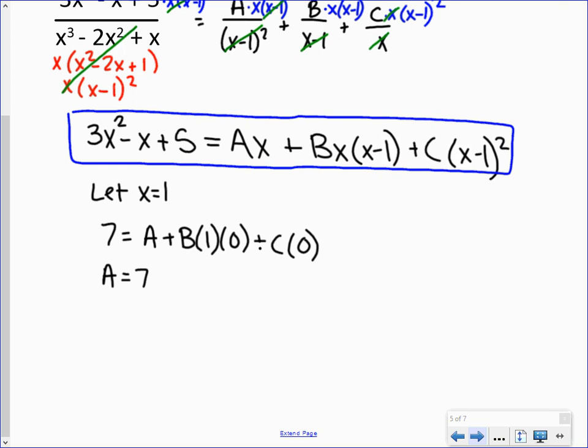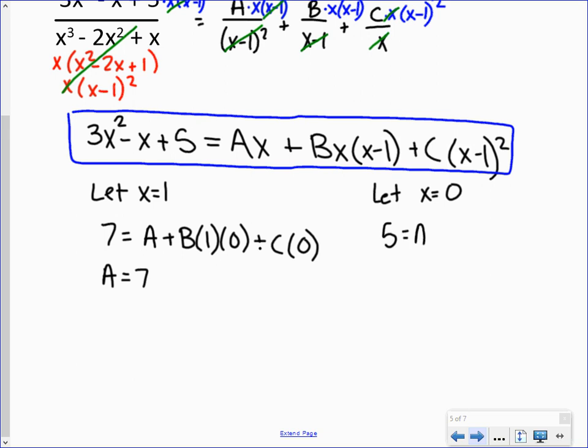Do you have any other strategy you can use in step 4? You could let x equal 0, right? One of your factors besides x minus 1 is just x. So the 0 for that would be, let x equal 0. So again, I got to plug 0 in everywhere I see x. On this first left side, it would just be 3 times 0 squared minus 0 plus 5, which will be 5,